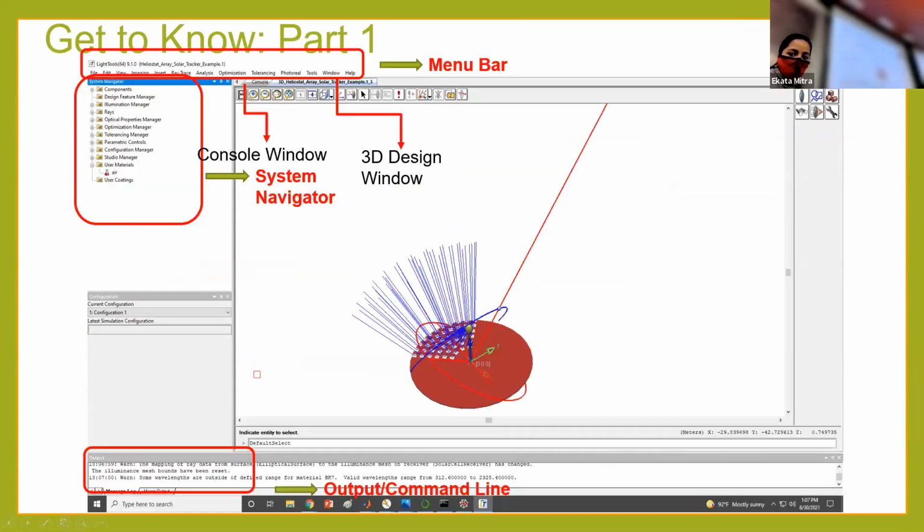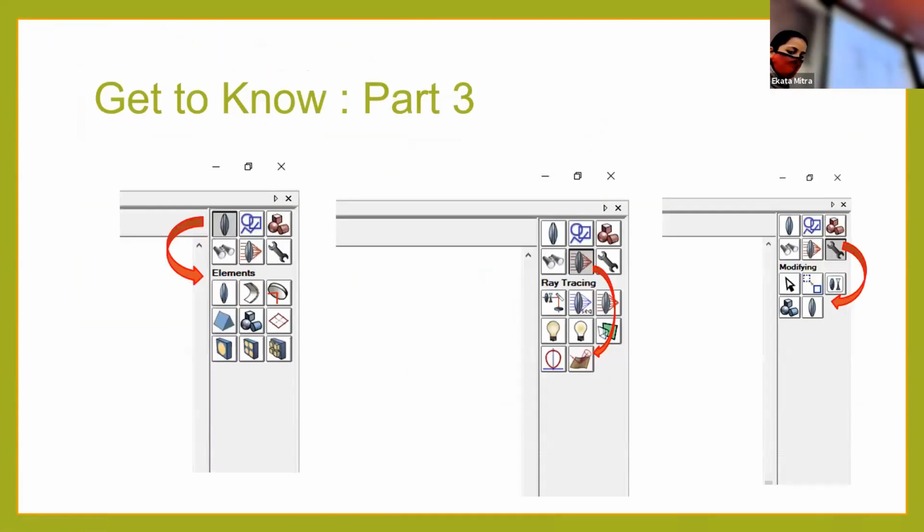You can check here, you can have this panel. This is for lens structure. When you are starting from the beginning, you are going to design a lens, you have to start from this. This one is to make the lens, to design some structures. If you are going to have some detector, some illumination source, you have to go through these few blocks. So here I am just showing what this is.